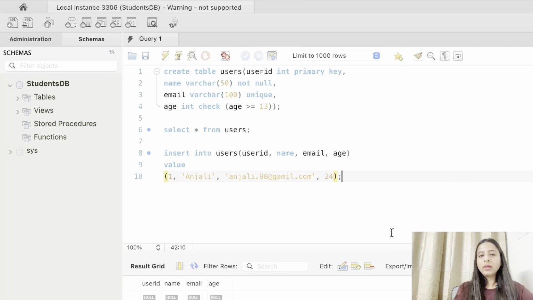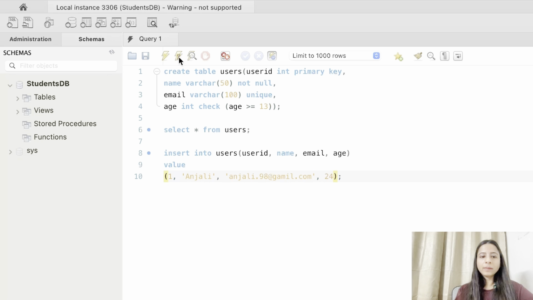Okay, now what exactly does this syntax mean, or what does it say? It says, hey SQL, go into the users table and insert data with the user ID value as 1, with the name as Anjali, and the email and the age. Right, now I just execute this.